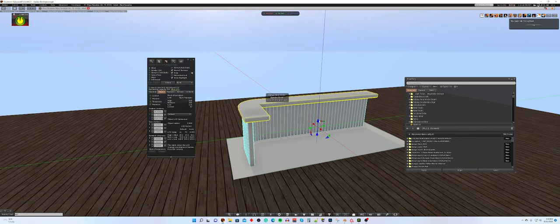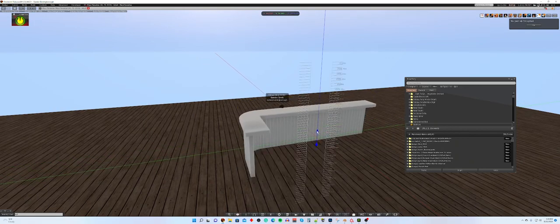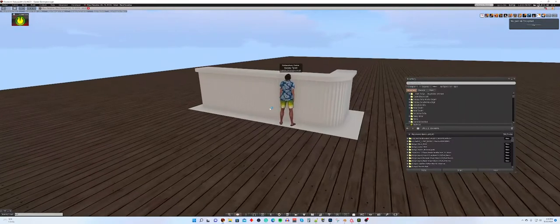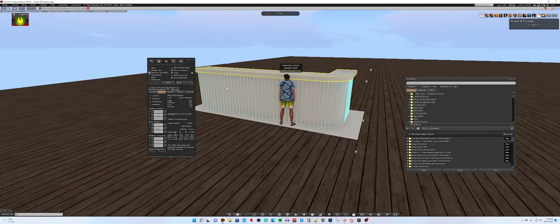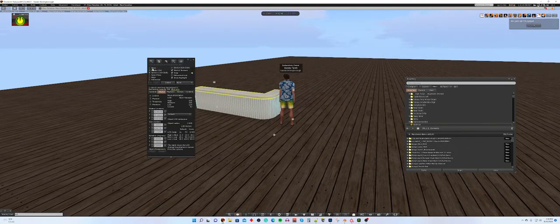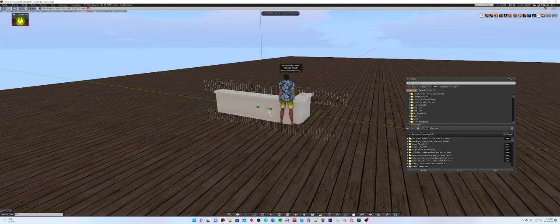It also is floating in the air, so you've got to drop it down until it shows back up. Yeah, okay, that's a pretty tall bar. As you remember, I was talking about how we can scale things. We can just scale it in here. So stretch it down, and then